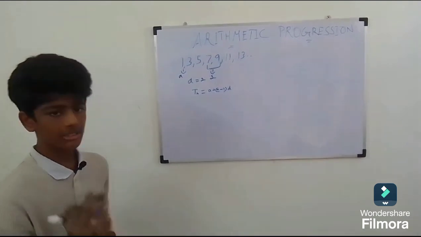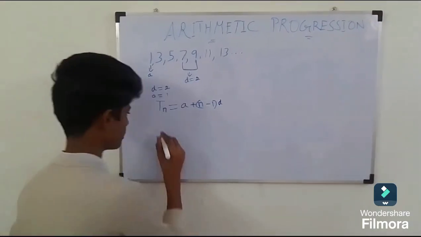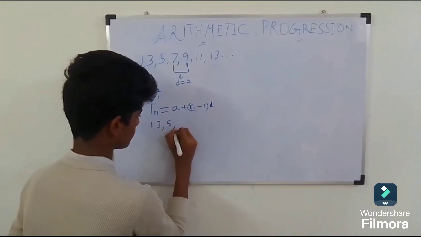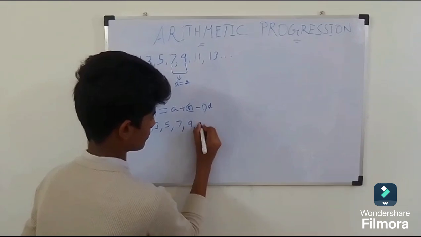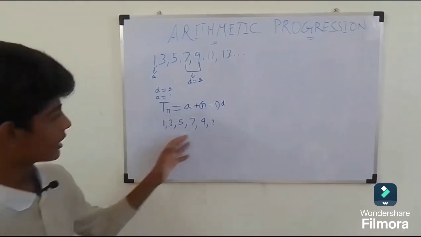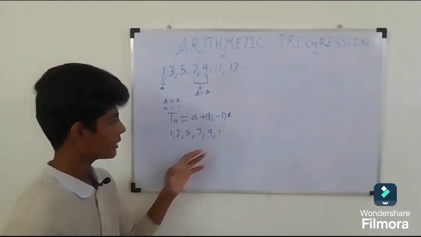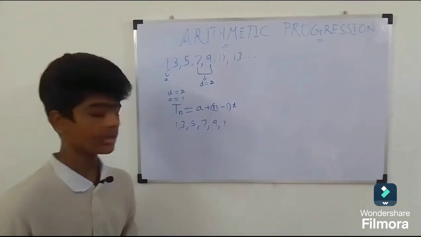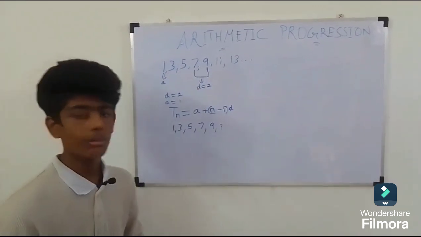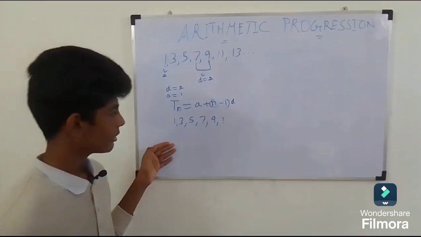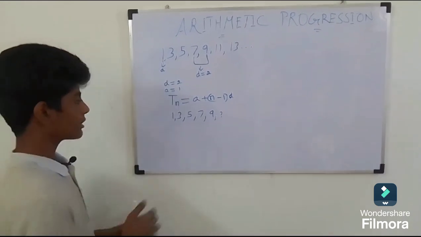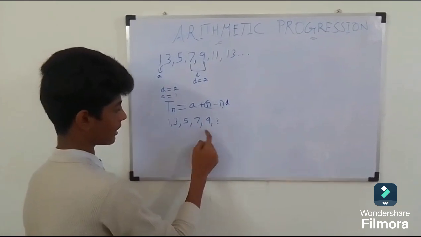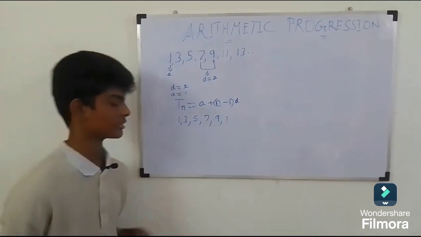For an example, let's take some numbers as the example for the arithmetic progression. So we have 5 numbers here. The 6th number is unknown, so we need to write the 6th number. We can just write the 6th number based on the constant value, but we are going to use this formula to find what number is suitable for that term. First we need to see what term of the number we are going to find. It's the 6th term, because 1, 2, 3, 4, 5, 6. The 6th term is unknown, we need to find it.